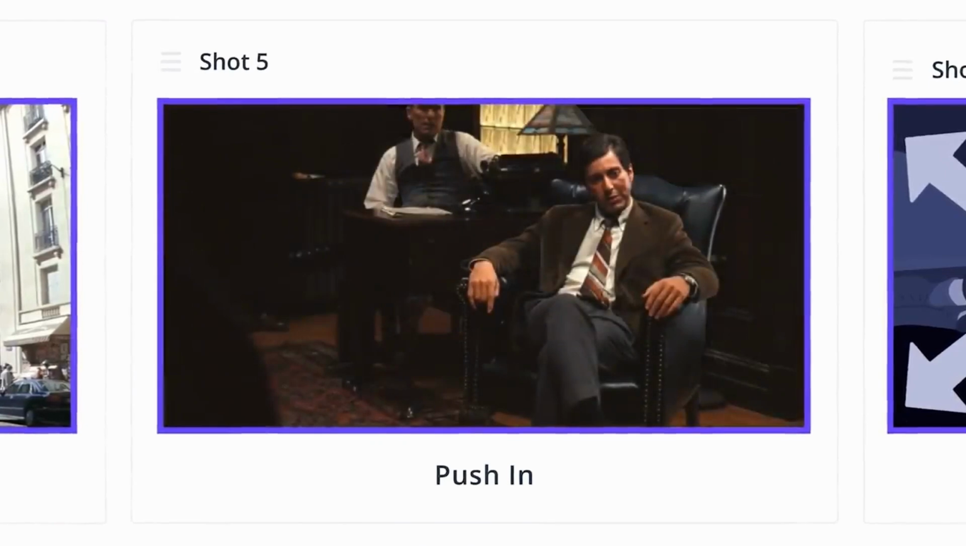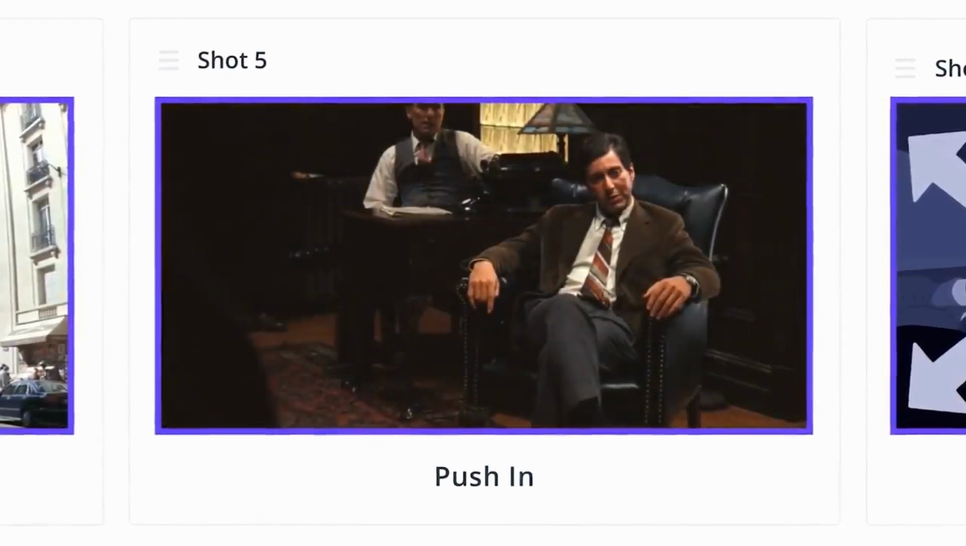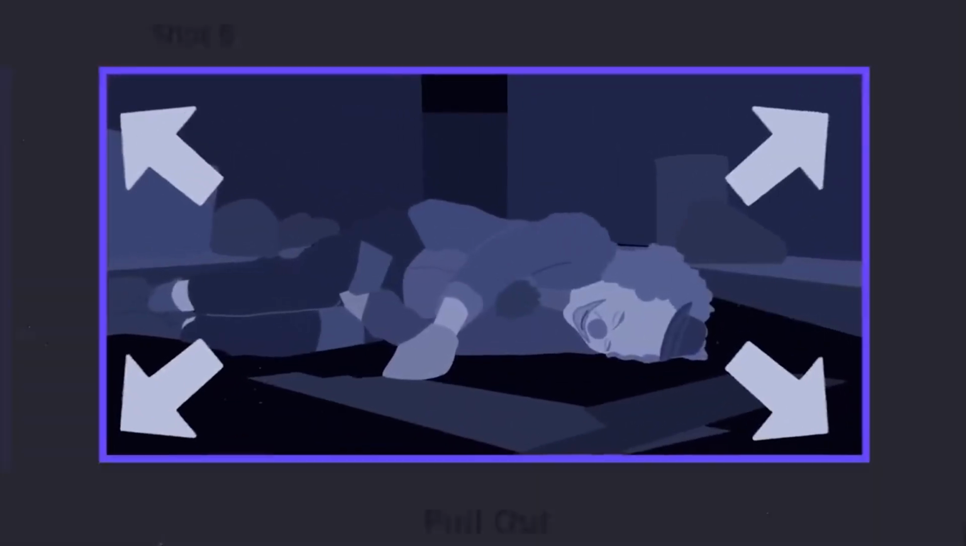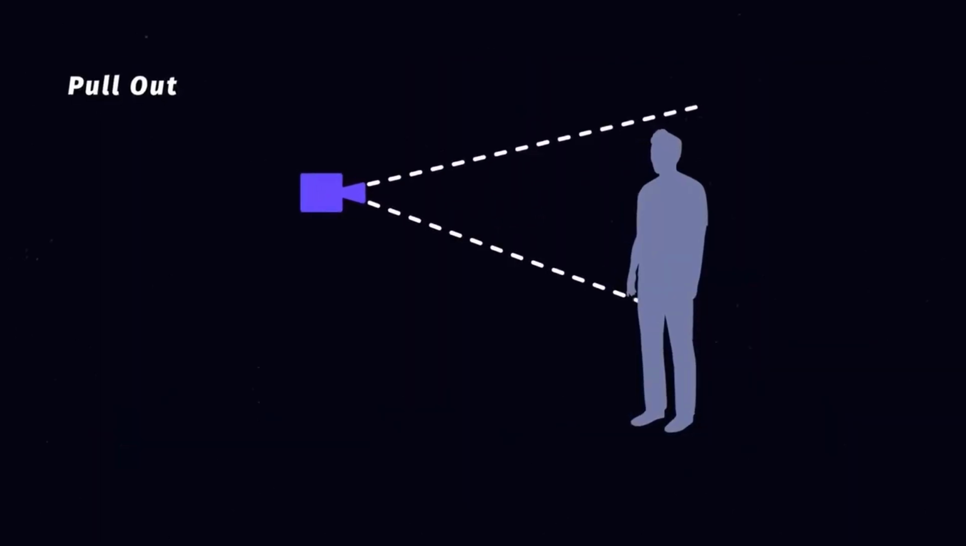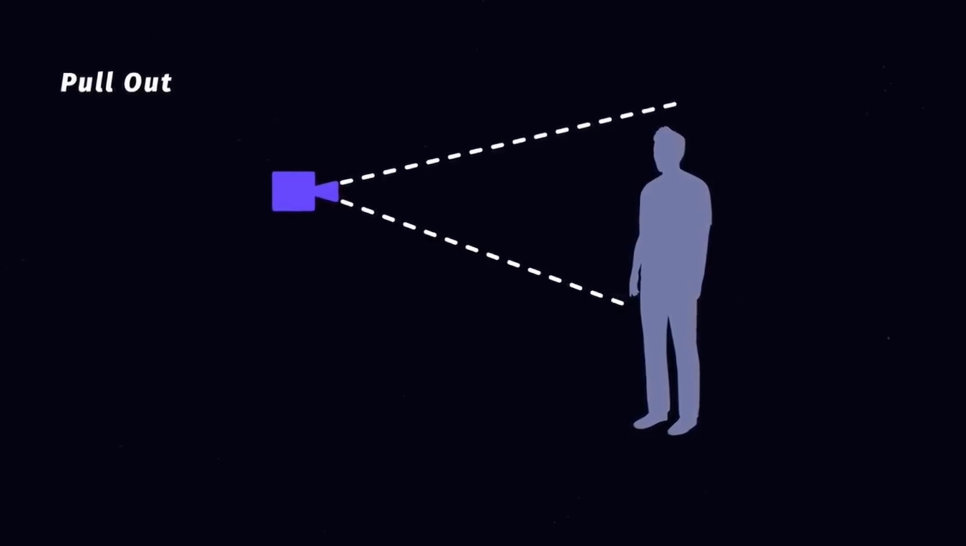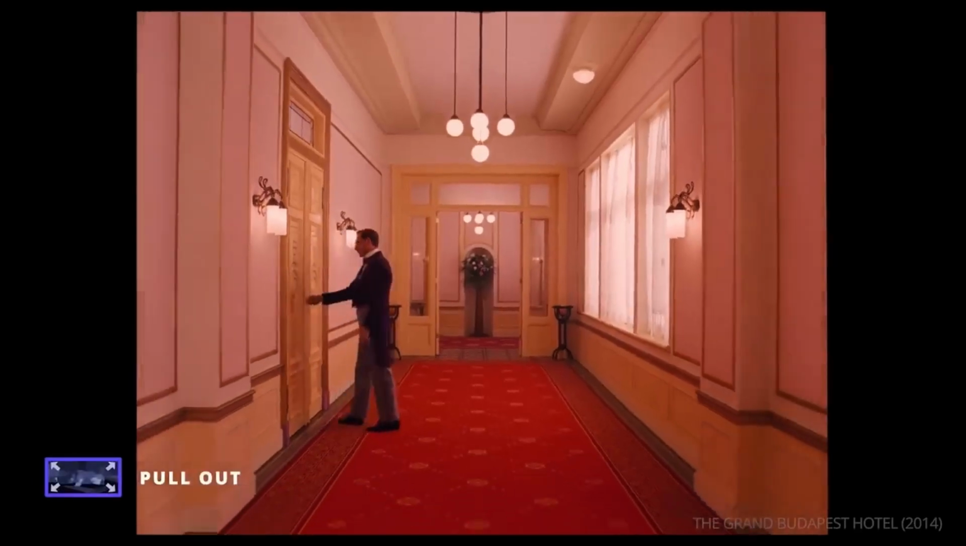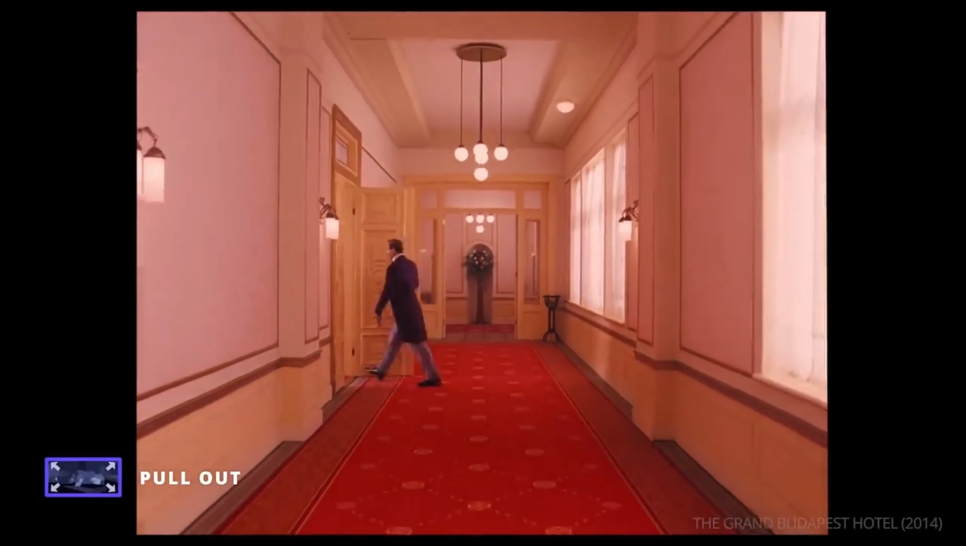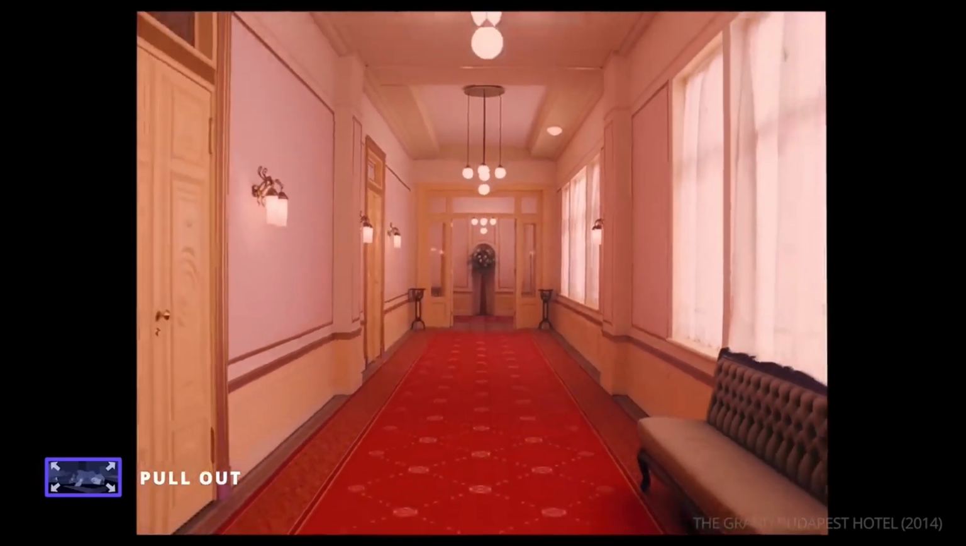Which leads us to our next camera movement. The opposite of the push-in is the pull-out. Unlike pushing in, pulling the camera de-emphasizes the subject. A sort of signal to disconnect from the characters. It can unveil the context of a scene,